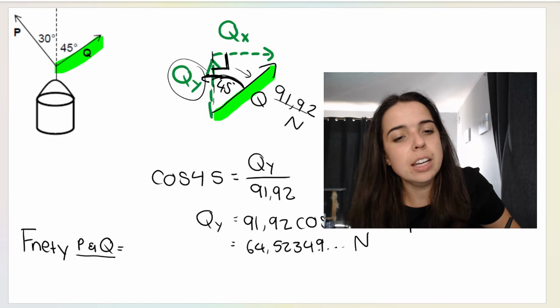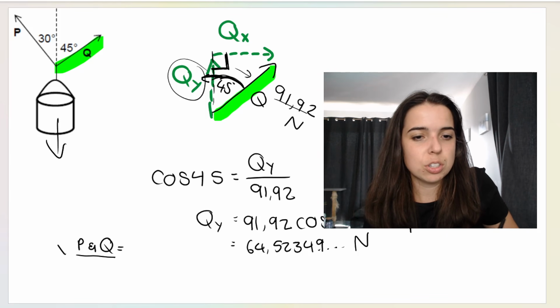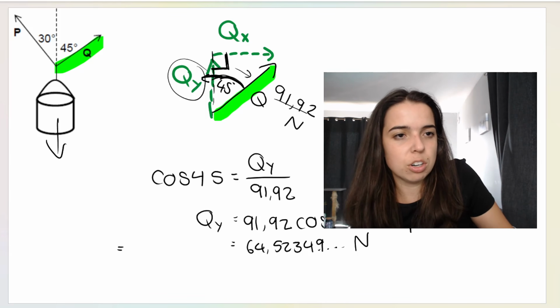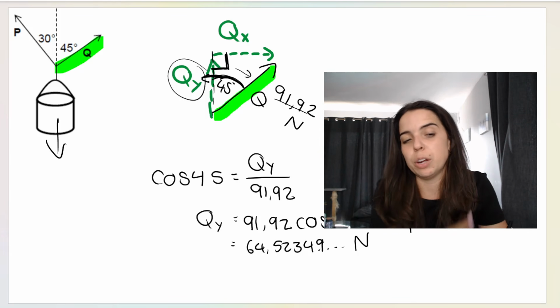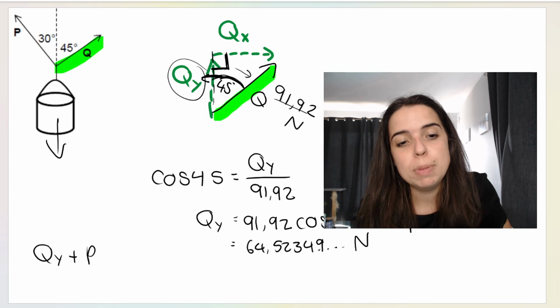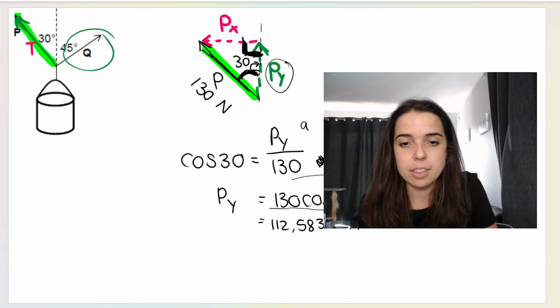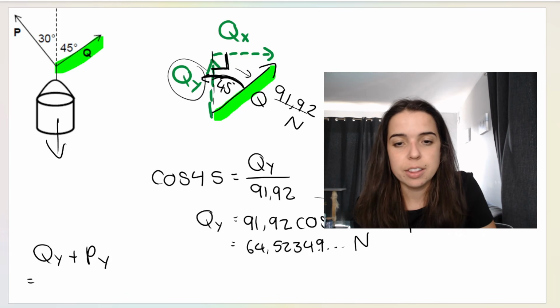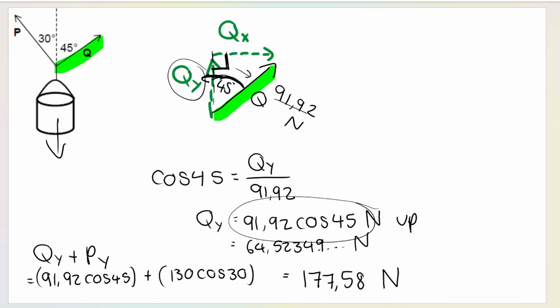We're going to add them because the question asked for P and Q. Remember, technically, if we want to do F net in the Y direction, we have to include our weight. So let's not give it a name, because it's not technically F net in the Y direction, because we're not including weight. We would say QY plus PY. So you add those two together. So I'm going to add this plus this. And I'm adding them because they're both going up. And what I get when I add them, so here is PY, here is QY, I'm adding them together and I get